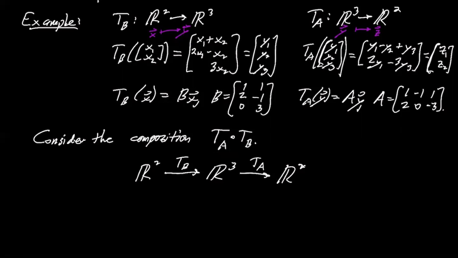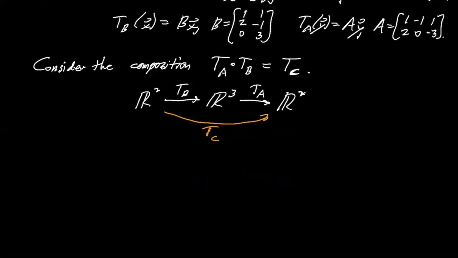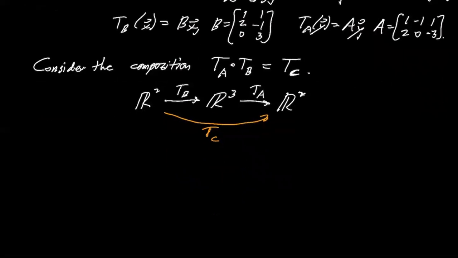We can think of that as a new transformation, T sub C, which goes from R2 to R2 directly. But let's actually write it out. So if we want to think about T sub A composed with T sub B applied to the vector x,